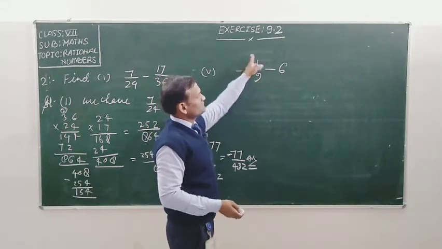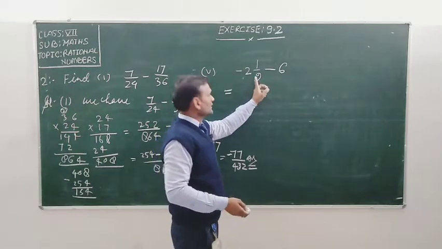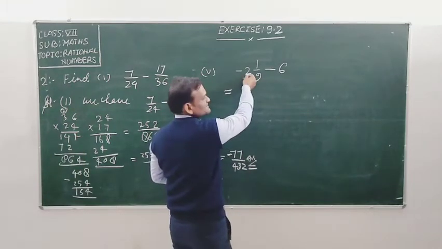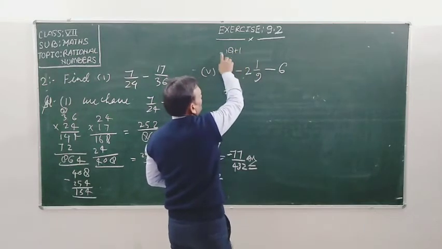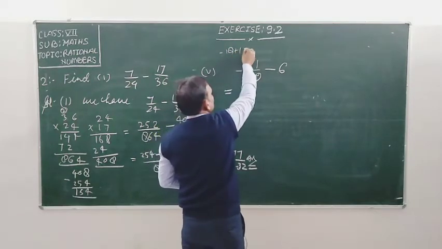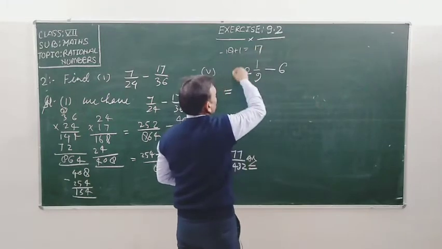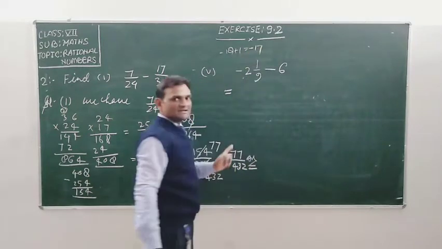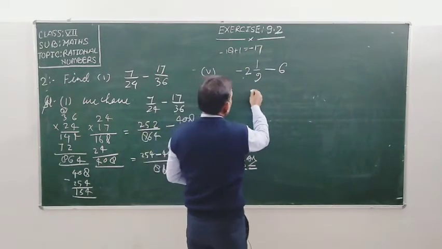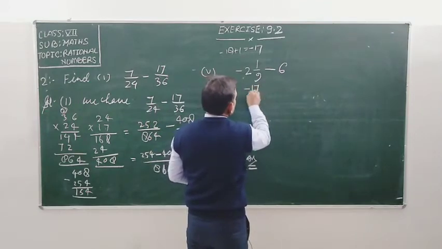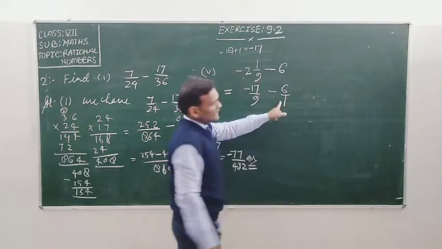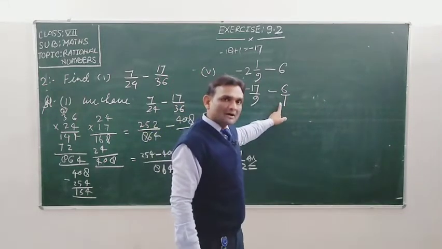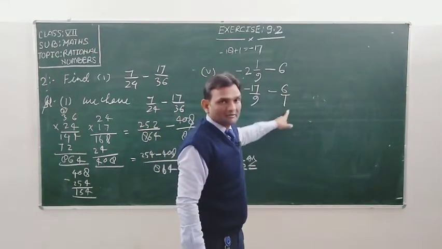So firstly we make it improper. So 9 times 2 is 18, minus 18, and we need to add plus 1. One is negative, the other is positive. So we subtract, that is 17, and we use the sign of 17, minus. So we get the rational number minus 17 upon 9, minus 6 upon 1. You can write it in the form of P upon Q. You can make the rational number 6.